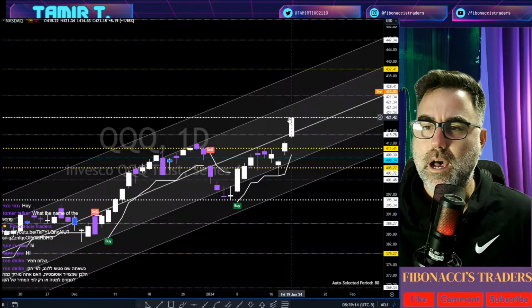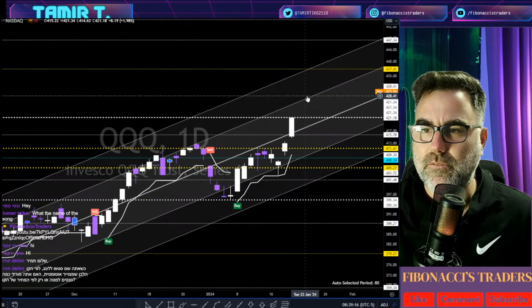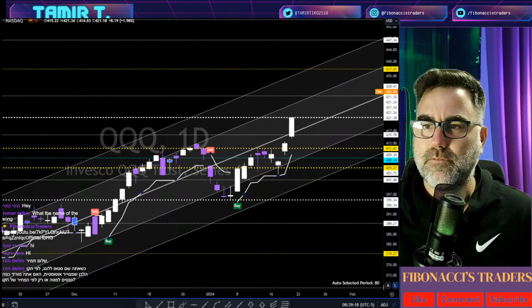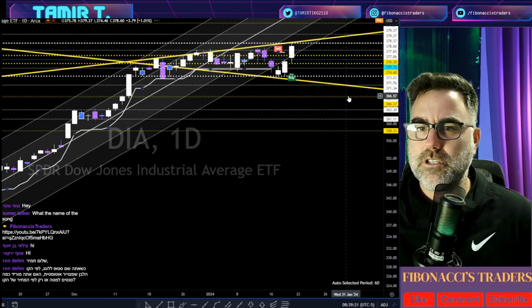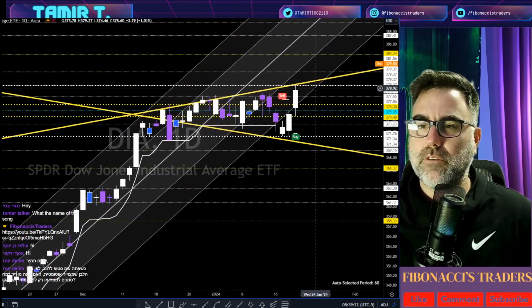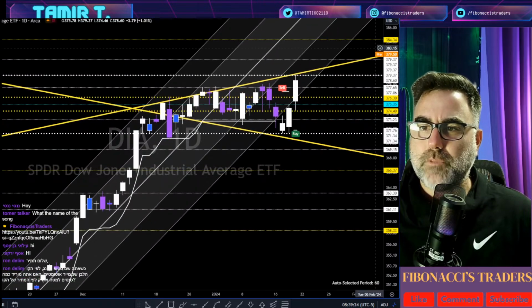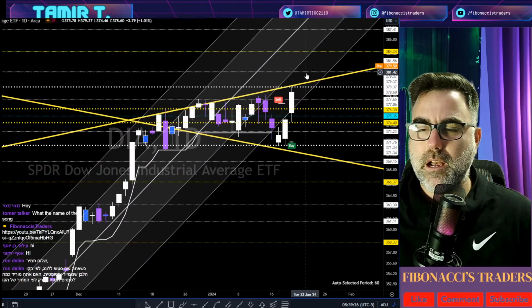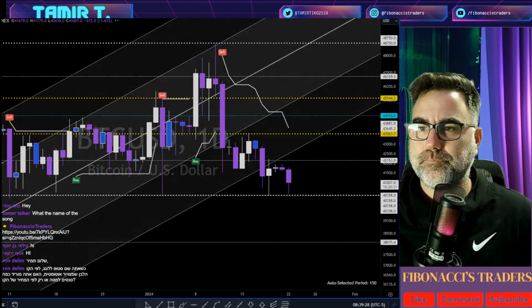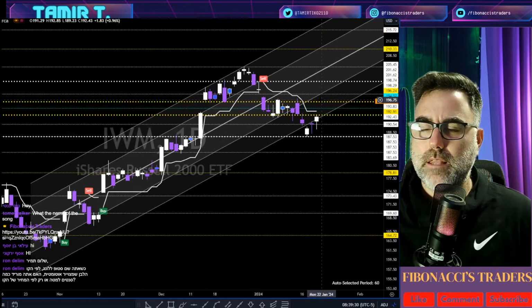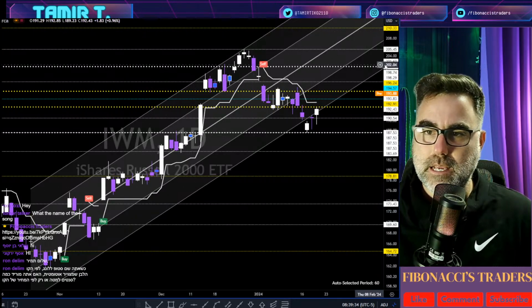QQQ, all-time highs, long continuation, now above the 428. Next is the 437. Dow Jones on the daily, broadening formation, pre-market tries to break above it. Let's see. IWM, we need to break above this yellow zone and then we will go back inside this uptrend